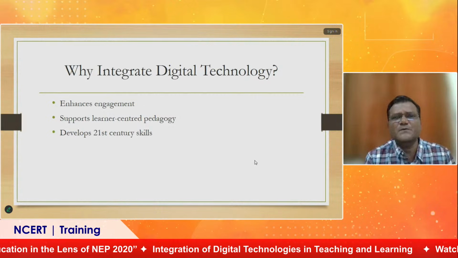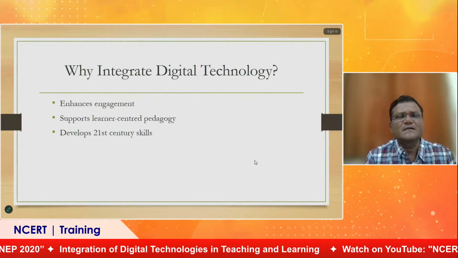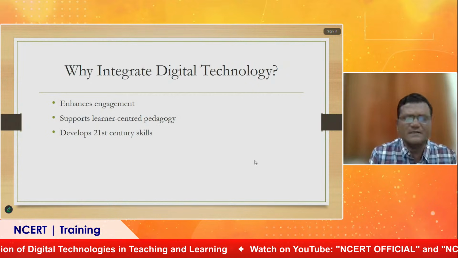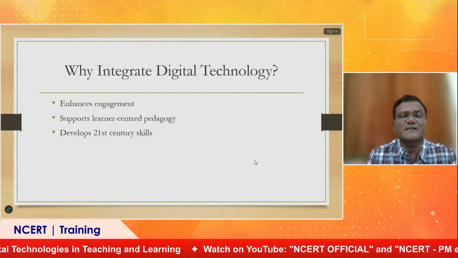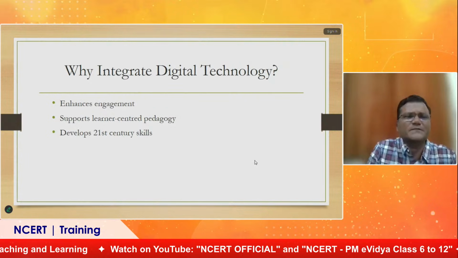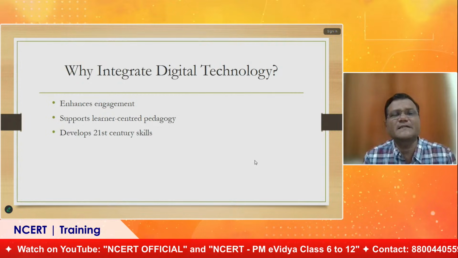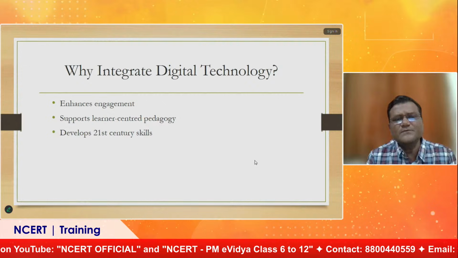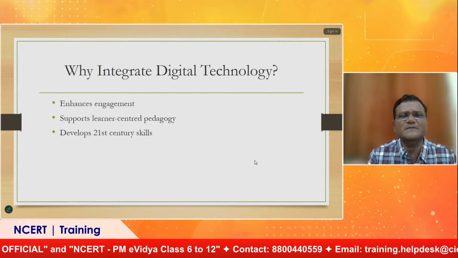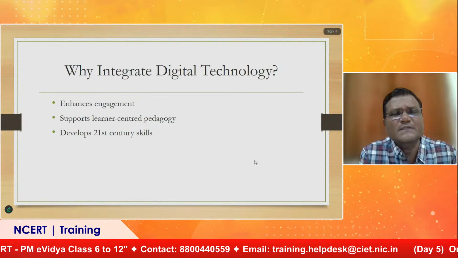Initially, the chemical and physical properties of these four ingredients are different. But when we prepare tea, we cannot say that here is the milk and here is the chini or here is the patti or here is the water. We cannot say. That is the perfect example of integration. One new product with altogether new chemical and physical properties is there. So this is the meaning of integration. And if we have to integrate technology in the field of education, we must know how to integrate it. For that, there are two models. We will come to that.